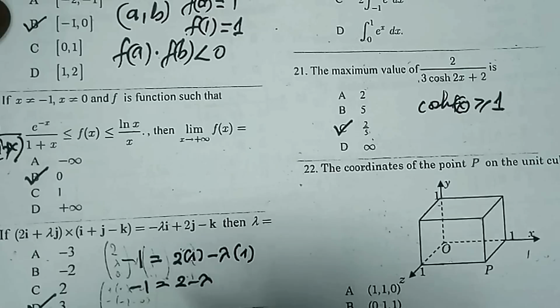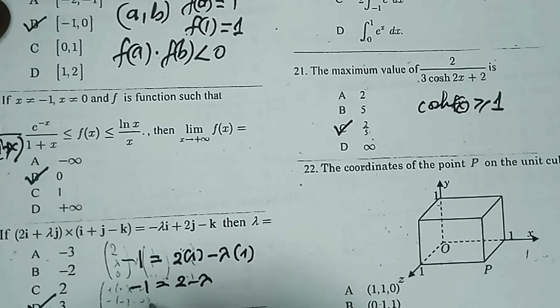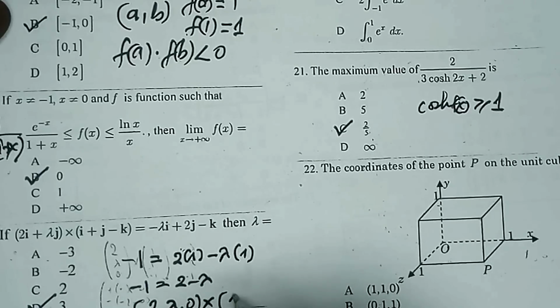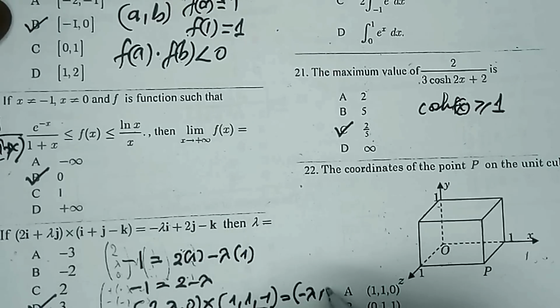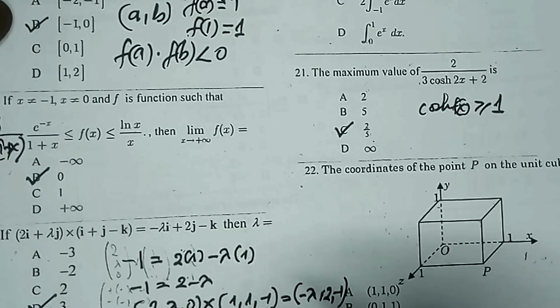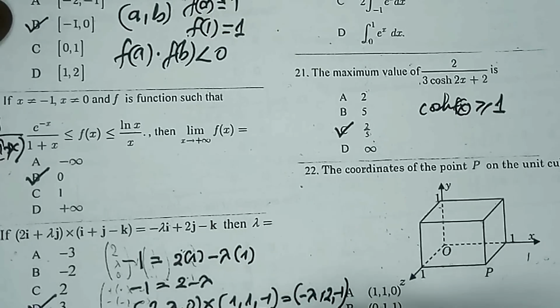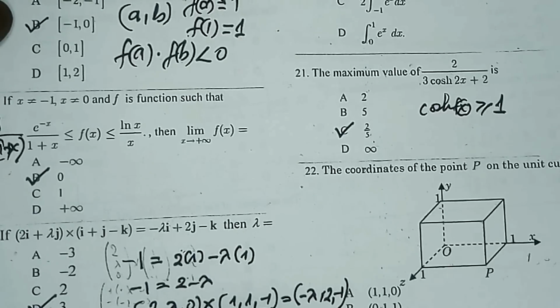Actually, a rapid way of getting this cross product would be to do it this way: 2, lambda, 0 for the first vector, cross 1, 1, negative 1 for the second, giving negative lambda, 2, negative 1. And to rapidly get lambda, I will just equate one component on the left to that on the right. If I take negative 1 on the right, it should correspond to the component on the left when I do